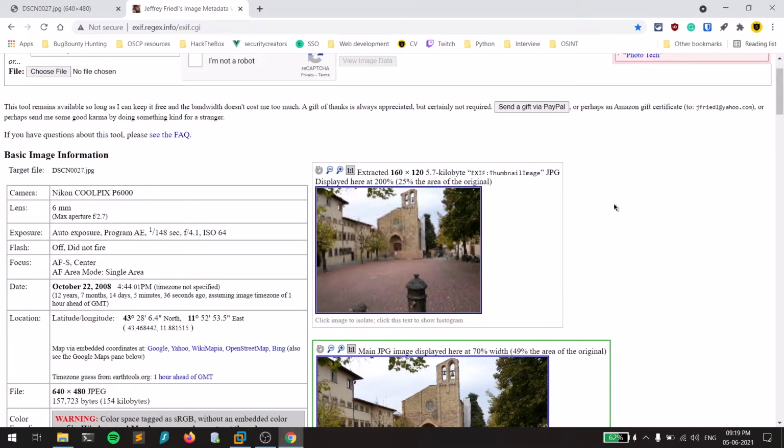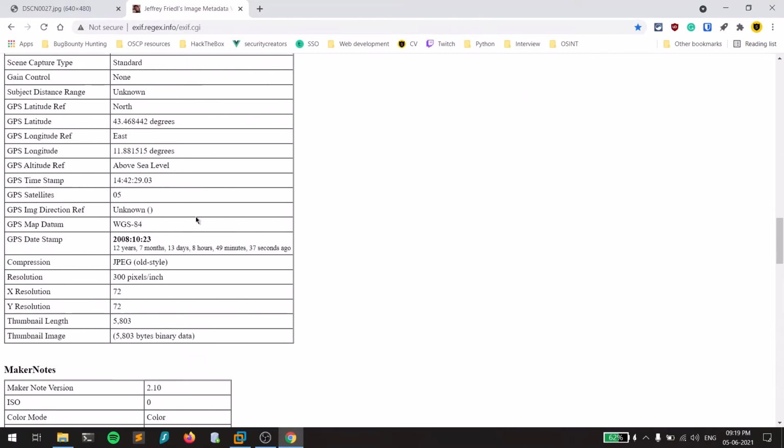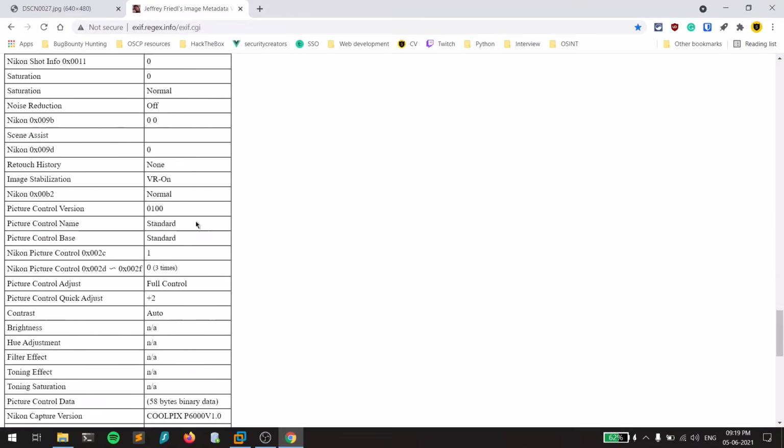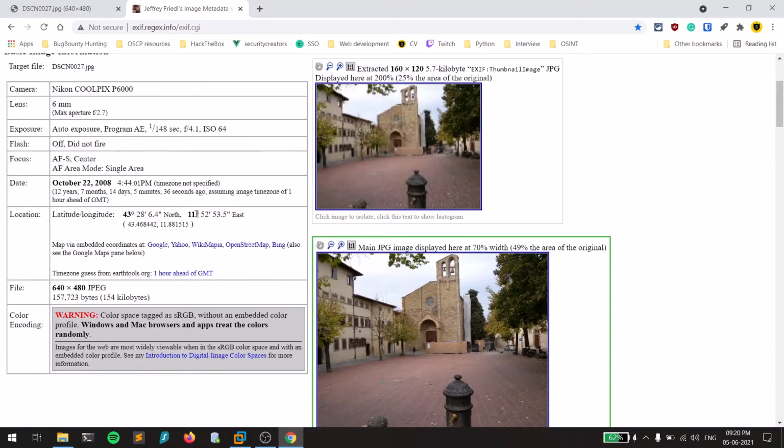Even this does the same, but the viewing is really good over here, because you can find out almost all the important information in a single location. Okay, there is also other information, but I feel those are not much necessary. But in the first table, you can get almost all the information. You can find out the latitude and the longitude. So let's see, guys, here you can see you can look into the image using this particular maps site. Okay, so suppose if you take Google, it goes to maps.google.com.